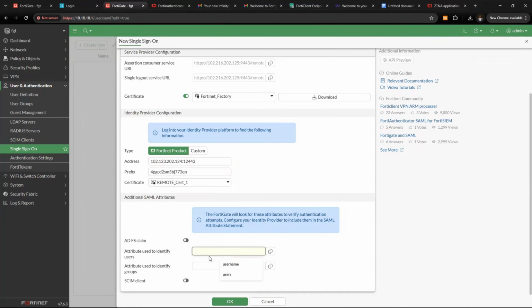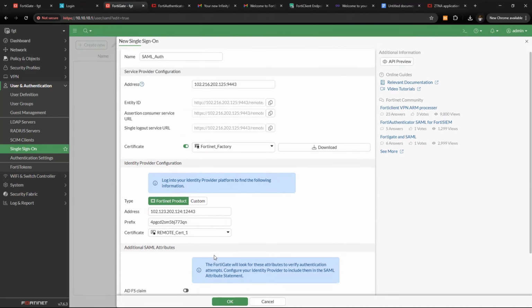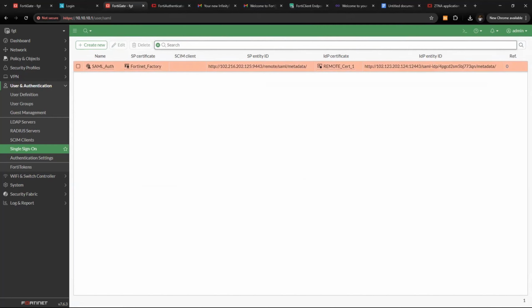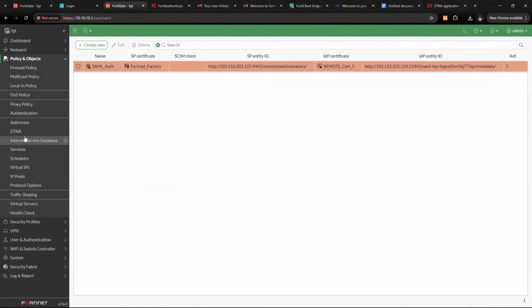Under attribute, we need to pass a user attribute and a group attribute that we did on the FortiAuthenticator. So once all this is done, click OK. So we have this setup. The next thing is to go to policy and objects, then go to